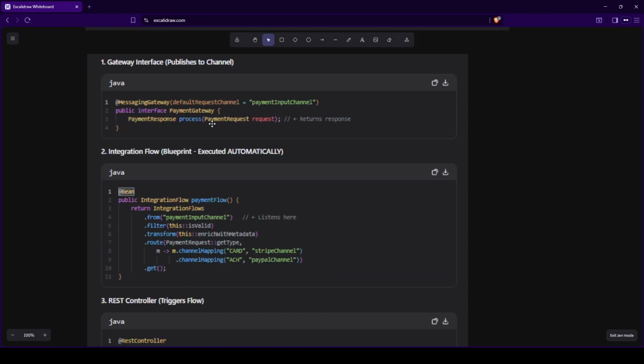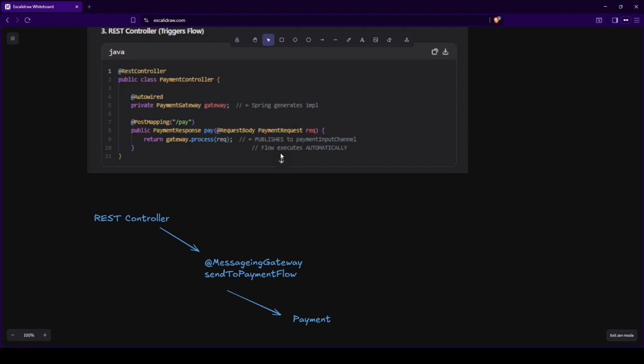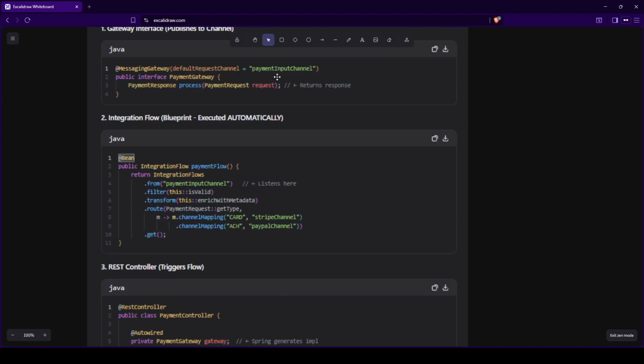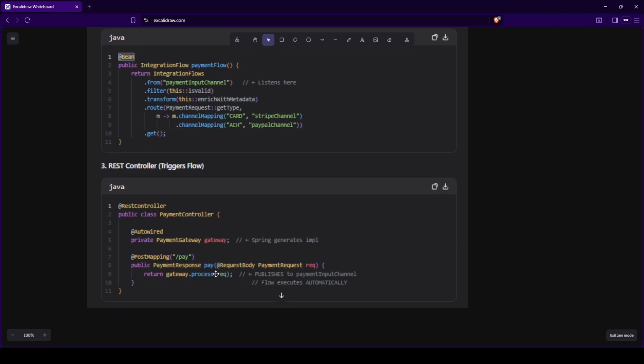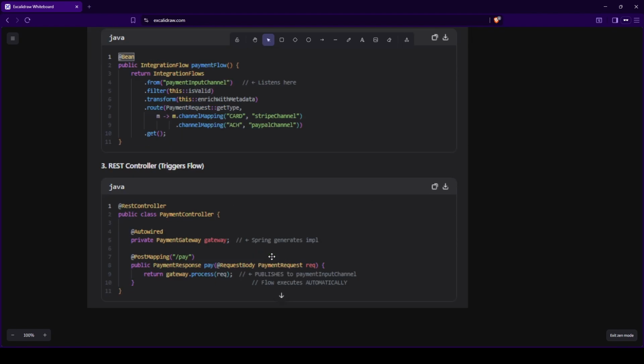Here we have written only process, so suppose it will have this send to payment flow. Now this send to payment flow is going to directly publish into the channel that we have mentioned earlier. So here we have mentioned that the default channel is this one, right? So it is going to publish into the payment input channel,